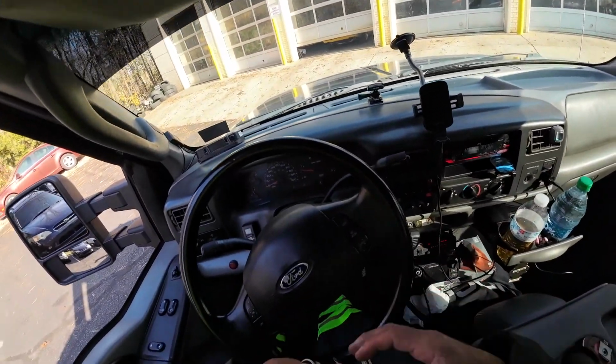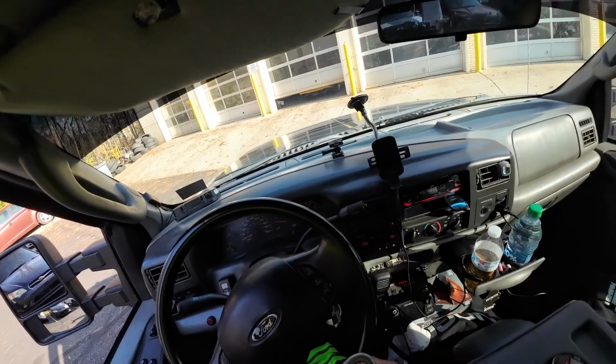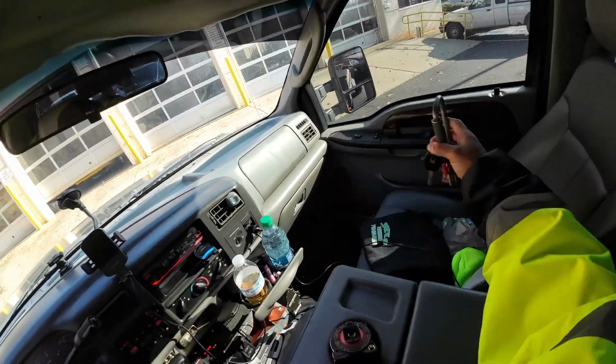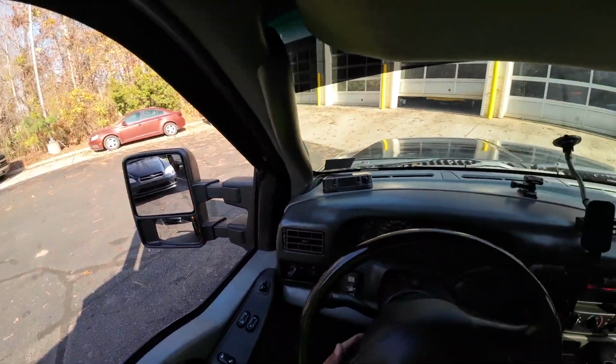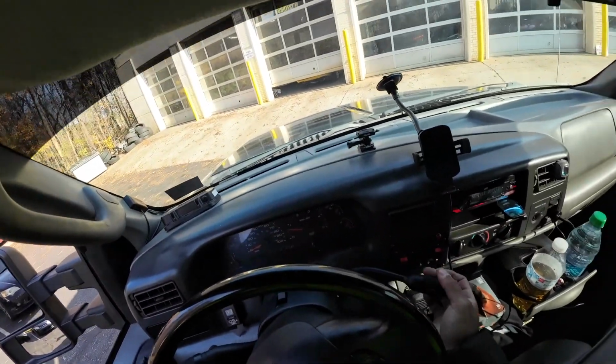Lose my car key. Well guys, that was pretty much it. Wasn't too bad. Like I said, I could have picked it up from the back and just put dollies in the front, but the only thing with that is,